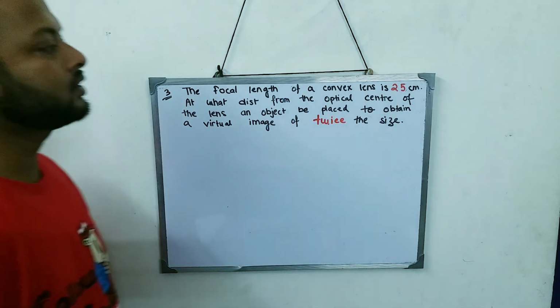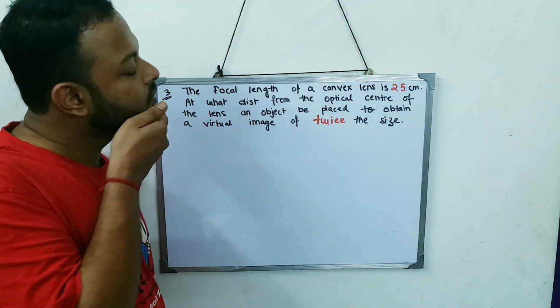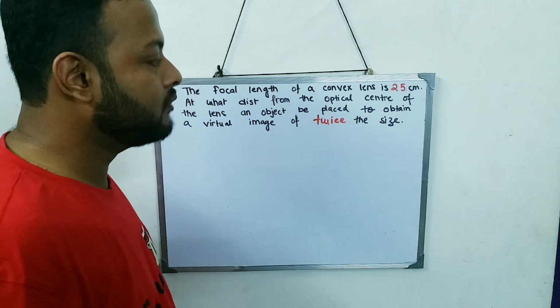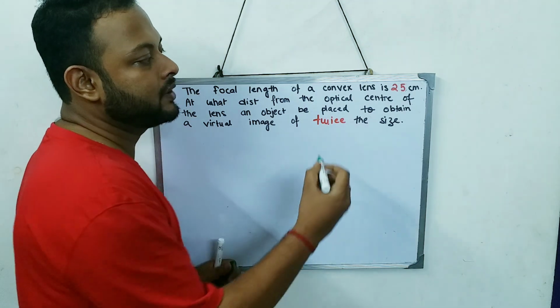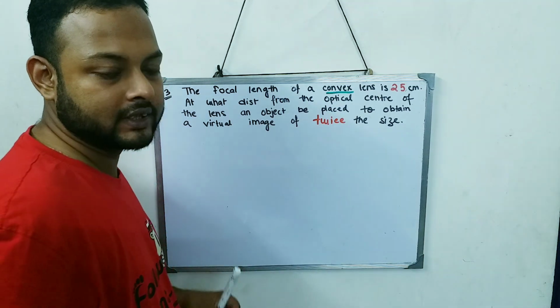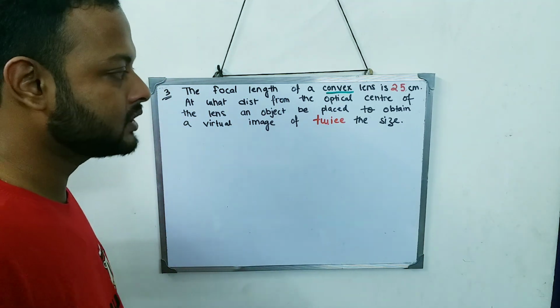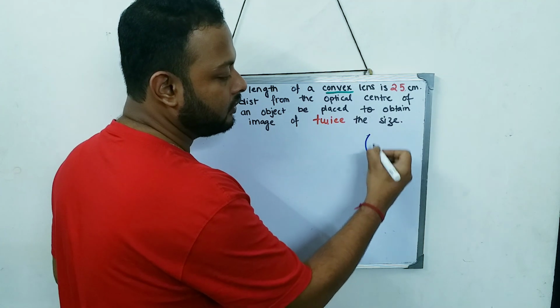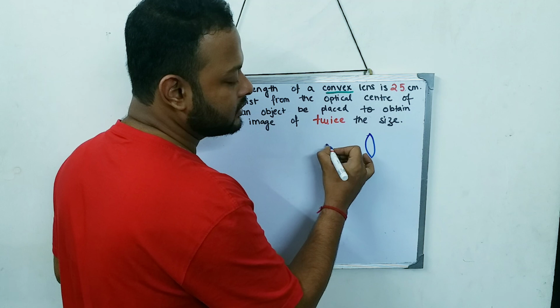Alright, this is question number 3. Now in question number 3, again I will approach the same way. I will see what kind of lens I have been given. In this sum it is given as a convex lens, and as I know it is a convex lens, I should draw the diagram of it. So this is a convex lens